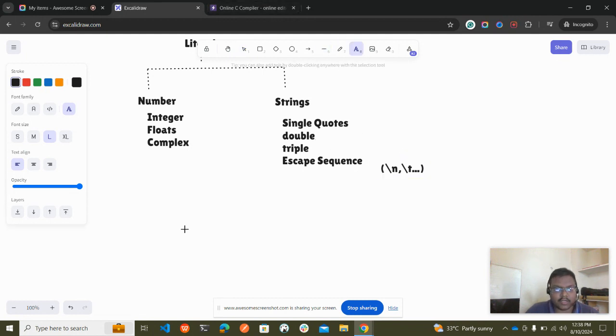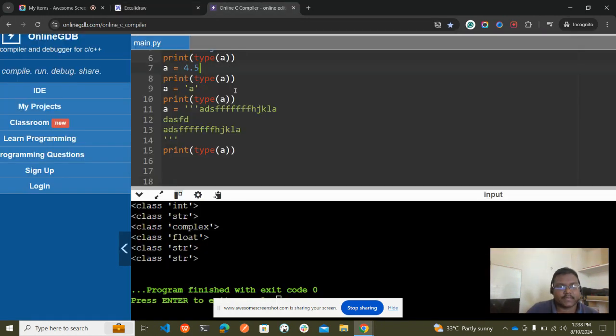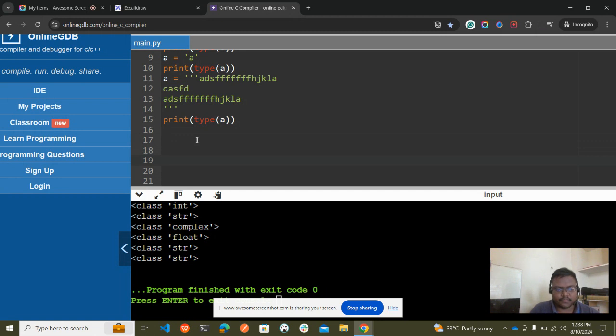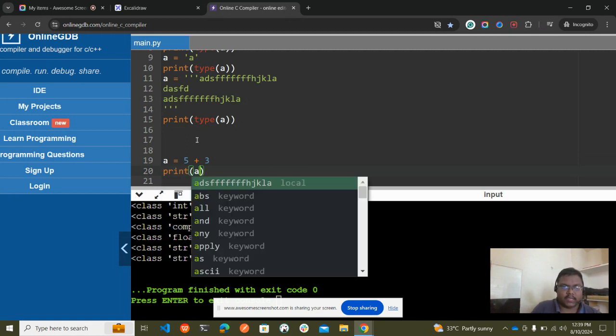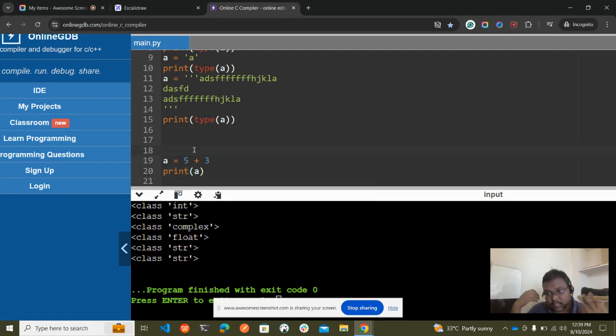Then let's see comments in the Python programming language. How do we put comments in Python? Every developer, when they write code, writes some basic comments above, below, or inside the function, letting others know what the function or line does. For example, a is equal to 5 plus 3 and print a. A student who doesn't know anything won't understand what the expression does, so we need to write a comment.